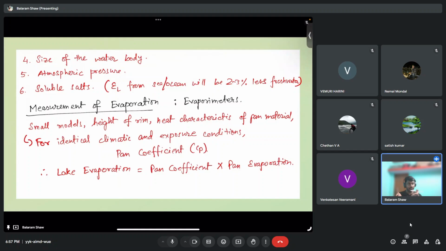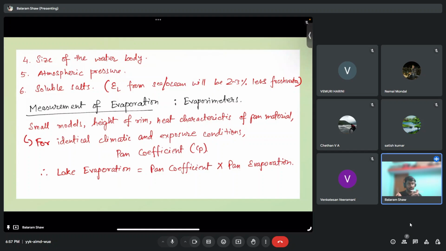Next is: which surface type generally has a higher evaporation rate? This is easy. See, if you look properly, in forested areas, we have not moved to transpiration yet, so mostly it will be because of transpiration. Evaporation will be there. But among the options given, forested area, concrete surface, wetland, and snow-covered surface, the most evaporation will happen from the concrete surface.